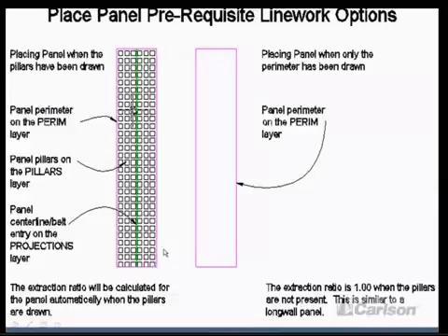We can plan, or we can do our calculations with the pillars drawn. The program will automatically sum the areas of the pillars and subtract it from the area of the perimeter of the mining on the perim layer, and calculate the extraction ratio for us. If we automatically draw this using advanced projections, then there will be another layer created